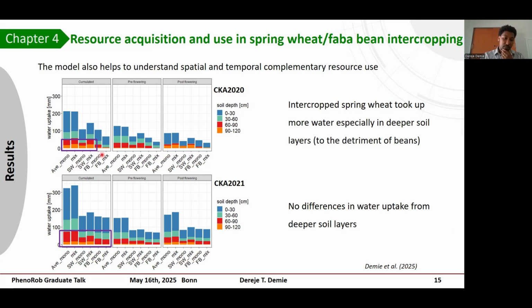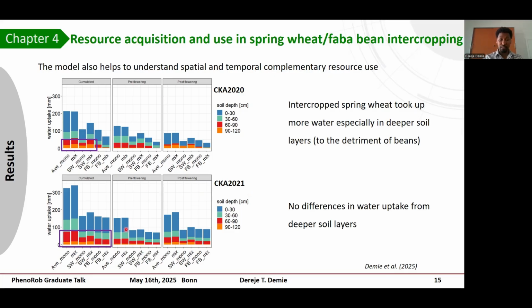But when we compare the species, for example, faba bean in mixture took up less water compared to faba bean in monocultures. However, spring wheat in mixture acquired more water compared to spring wheat in monocultures. That means spring wheat is very competitive for water under water limited conditions. But in CKA